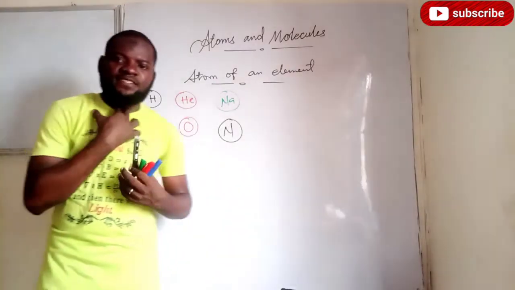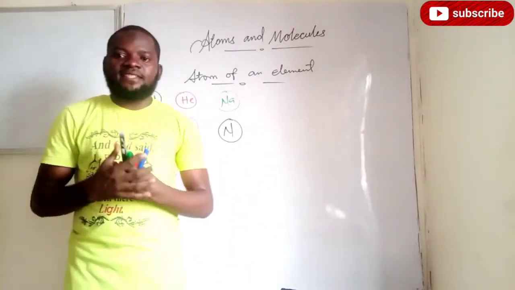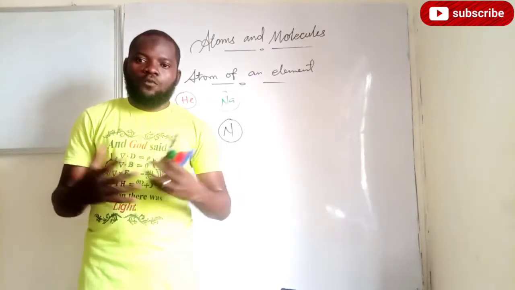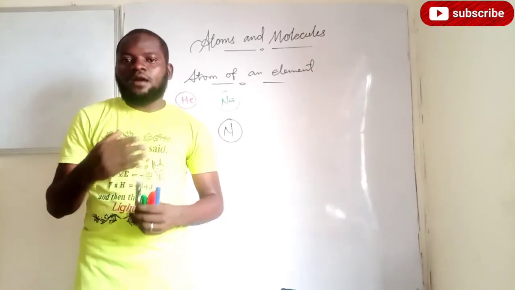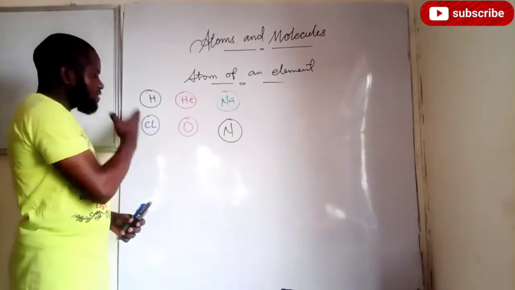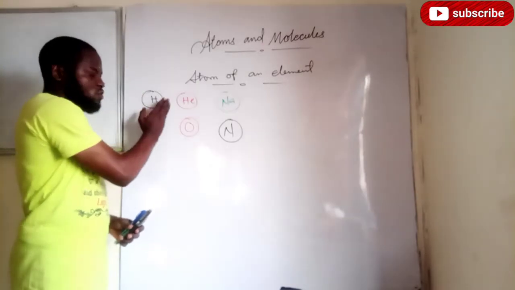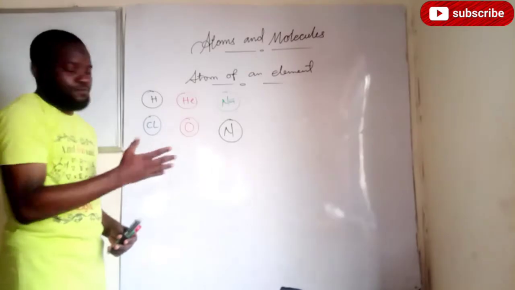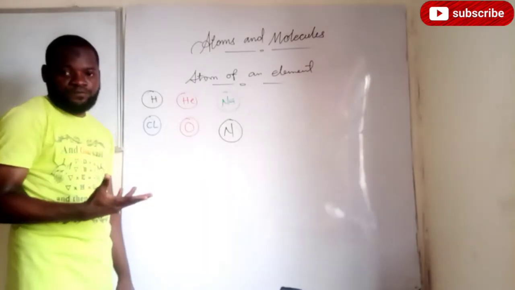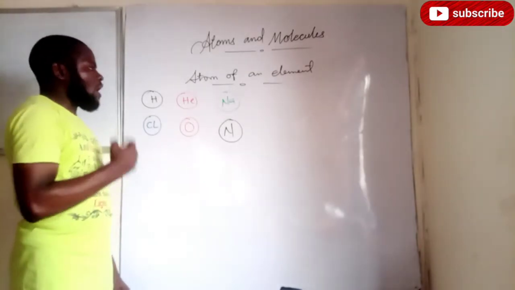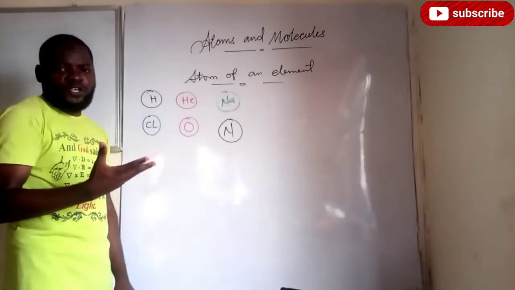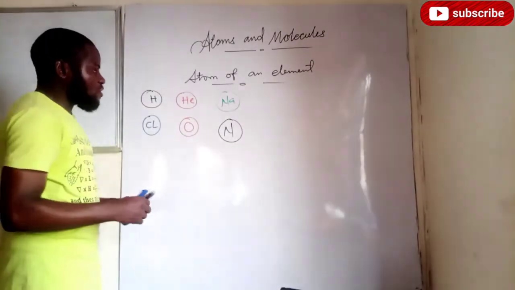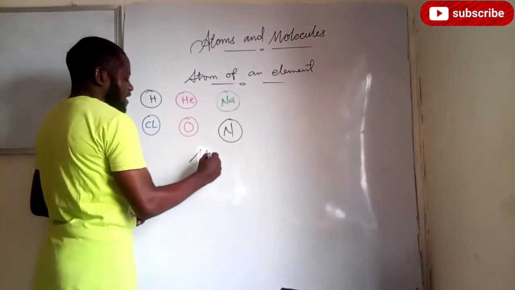Molecules of an element simply means the elements that come together to form molecules. Remember, an element is an atom. This one is an atom, this one is an atom, this one is an atom, this one is also an atom, and likewise the remaining two. An atom is what makes up a molecule. So when you consider molecules of an element,